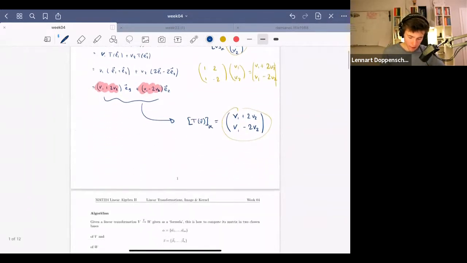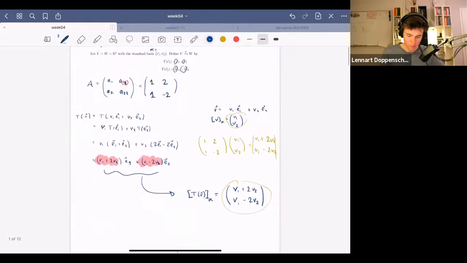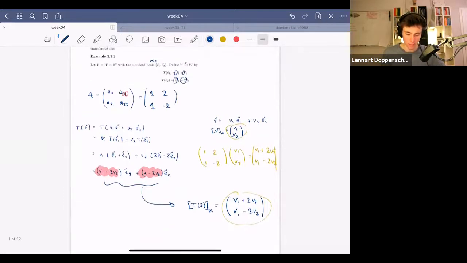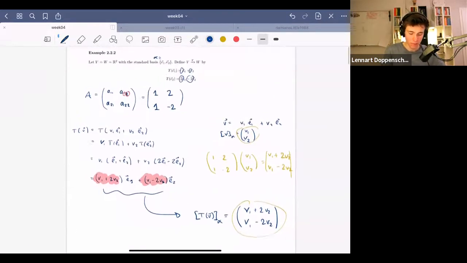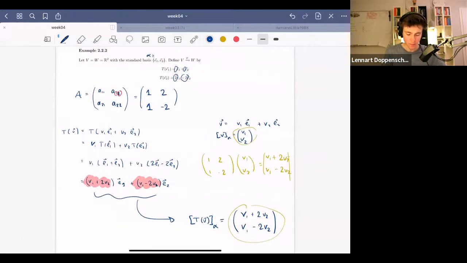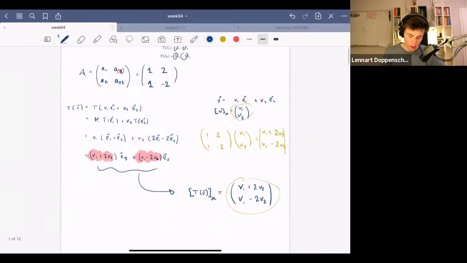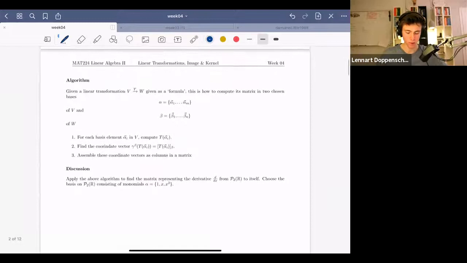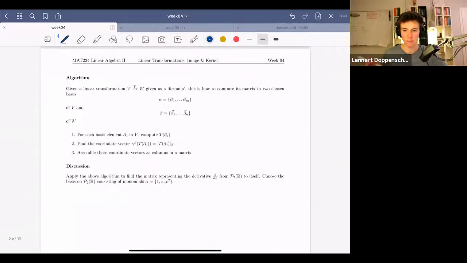Okay, and to go a little bit more to the formal side, the abstract side, you might wonder, how do we get such a matrix? If you're given a transformation, how do we compute the matrix that does the job that we just found that we can perform? Well, I've written down an algorithm, and this is going to be very helpful for questions later, because this will boil down exactly the steps you need to take each time you want to find the matrix of a transformation.